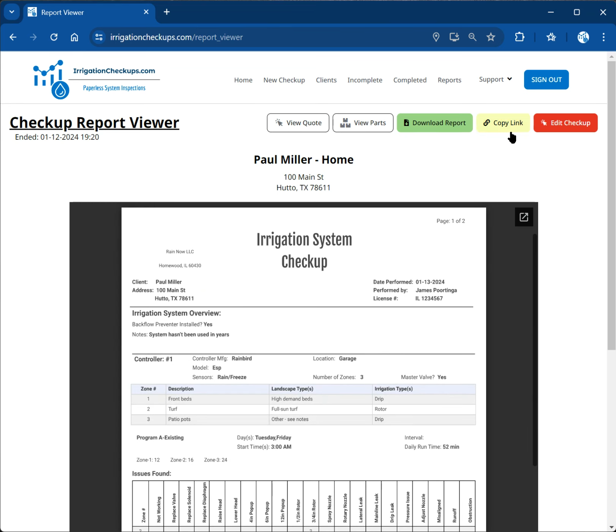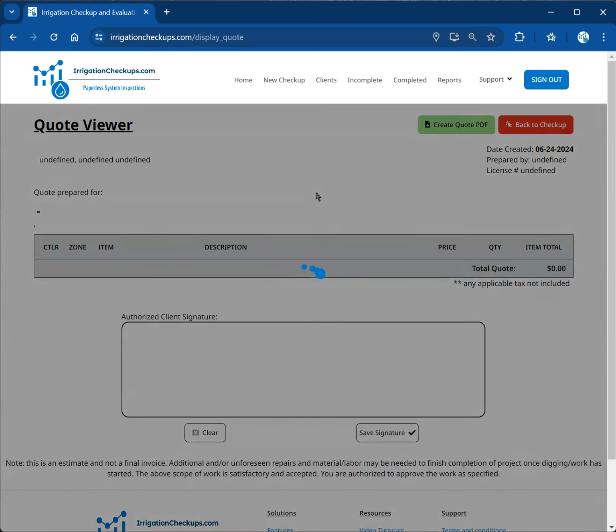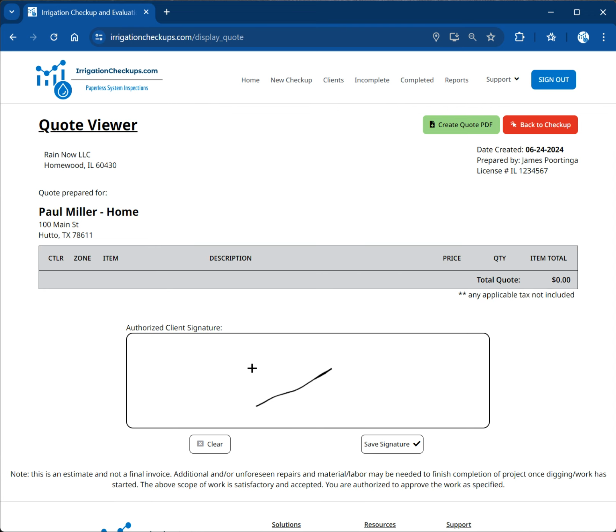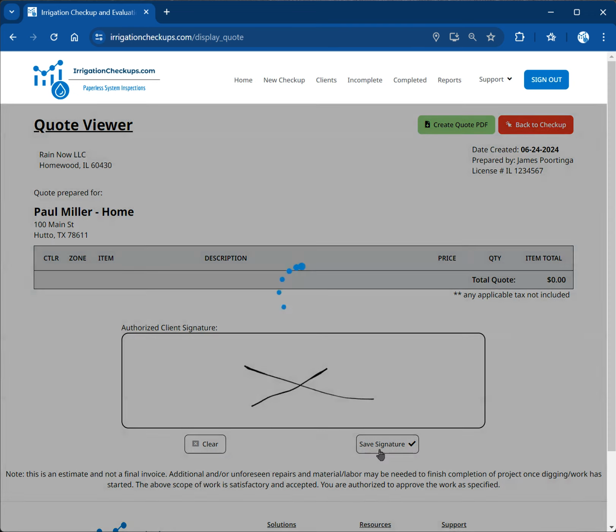these buttons at the top are not new, but they've changed. There's one new one. But when a report is completed and you have a PDF of it, it's now much easier when you want to see the quote that was generated. So let's click view quote here. This particular checkup didn't have a quote, but let's just generate one real quick. We're going to save the signature, create it,